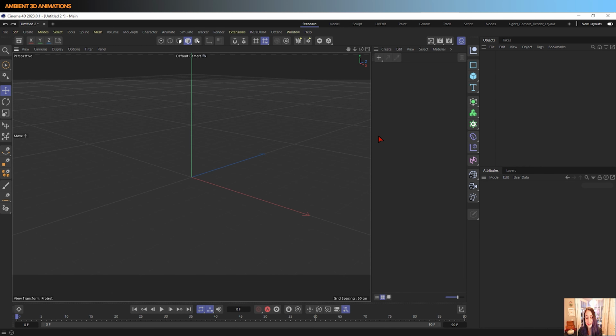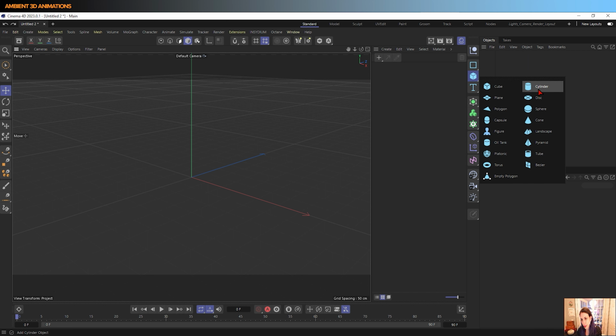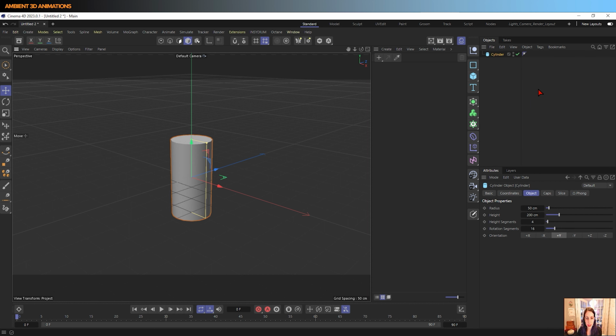Hey everyone, so are you ready to start 3D modeling our jar, the first part of the project? I have a jar here in front of me because it is always best to 3D model from a reference, either something in real life or something that you've printed out, maybe a photo or a mood board or something. So use something to 3D model, but I'm going to use this that's in front of me as a reference. So first thing that I'll do is I'll get started off with a cylinder,